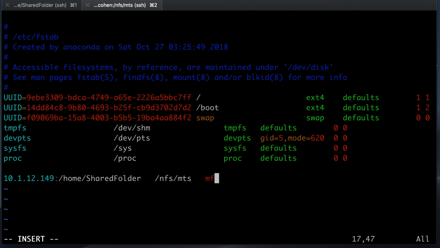The file type is NFS. So read, write, sync, hard, enter. Then I just put 0, 0 over here. And we save this file,